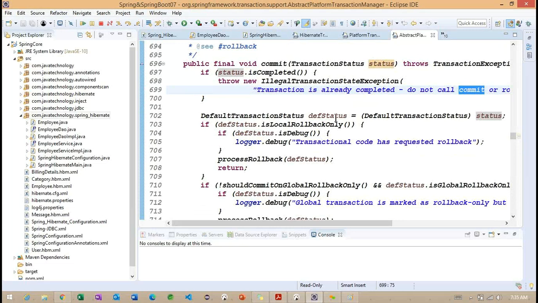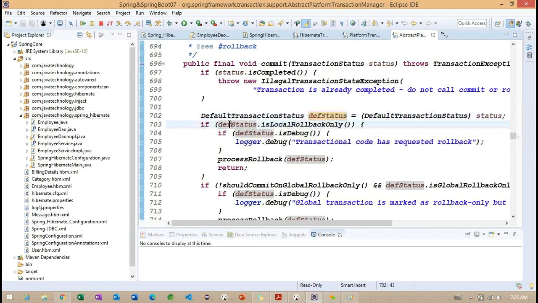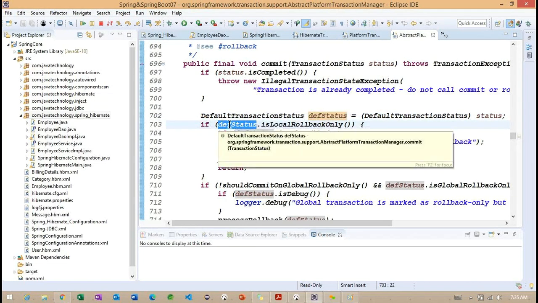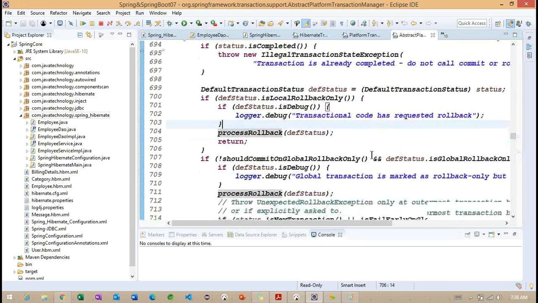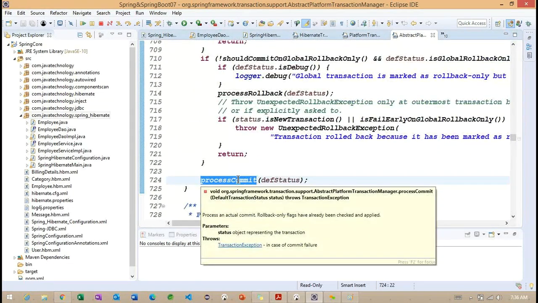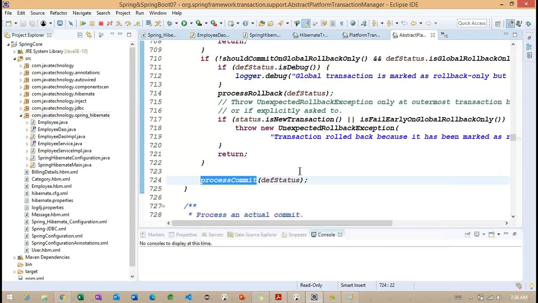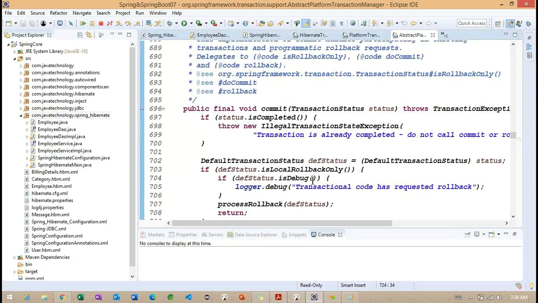with the help of this status, they are converting it into the default transaction status, and using one more method, is local rollback only, and after this they try to return the process rollback, and here they also have process commit. So we need to understand the internal style of this commit method.